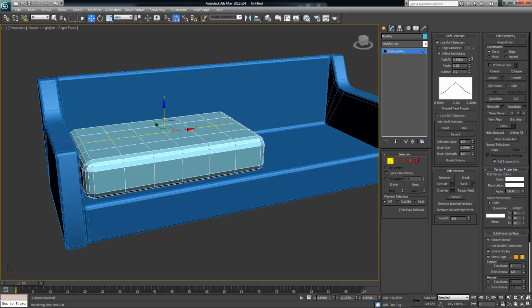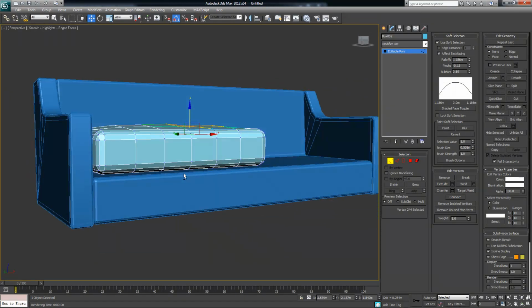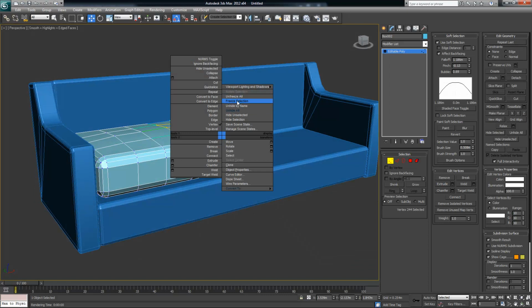I'm going to change my pinch value because I just want this to be very rounded. And now what I'm going to do is I'm going to change my falloff so that it selects kind of the whole top of that couch. And I'm just going to kind of pull it up a little bit, and then I might just go and do a couple of the vertices solo at a time here. And what I'm trying to do is I'm just trying to make this thing a little bit imperfect. And I'm not going to go crazy here with this one, because the purpose of these videos